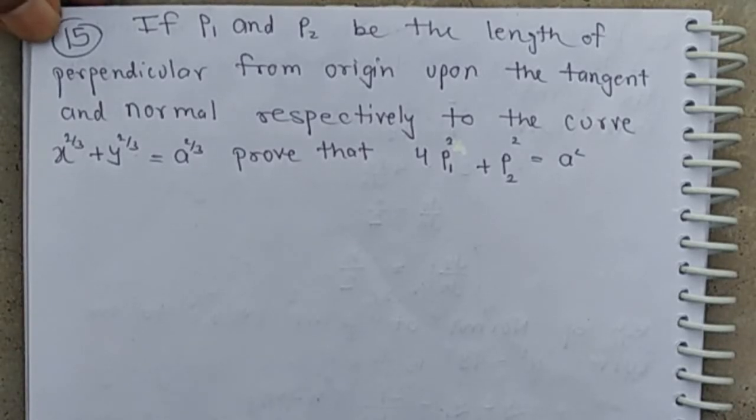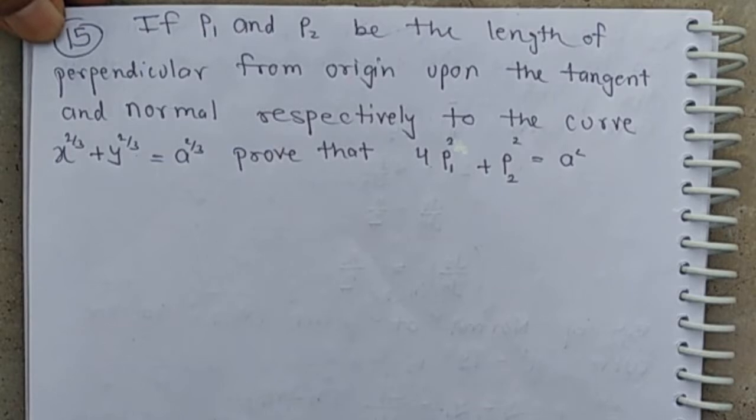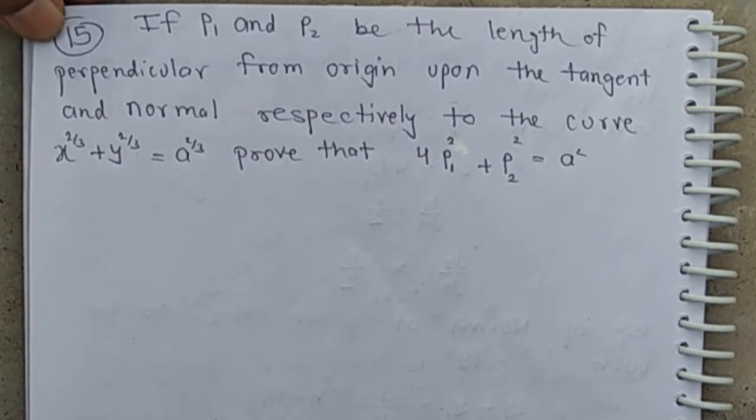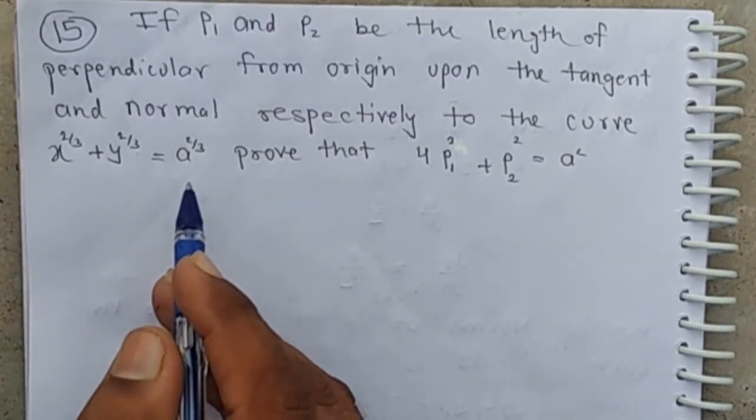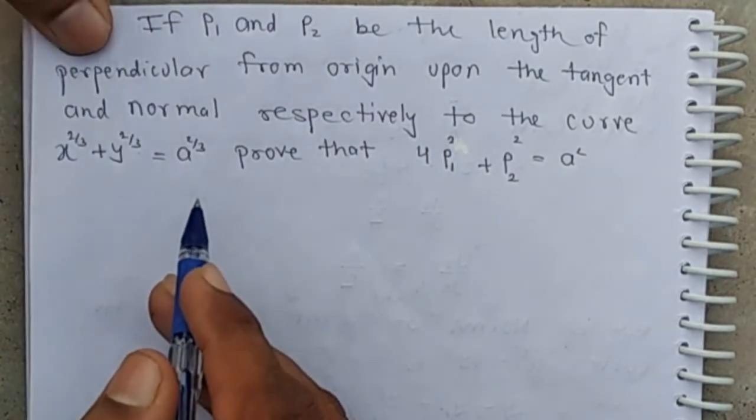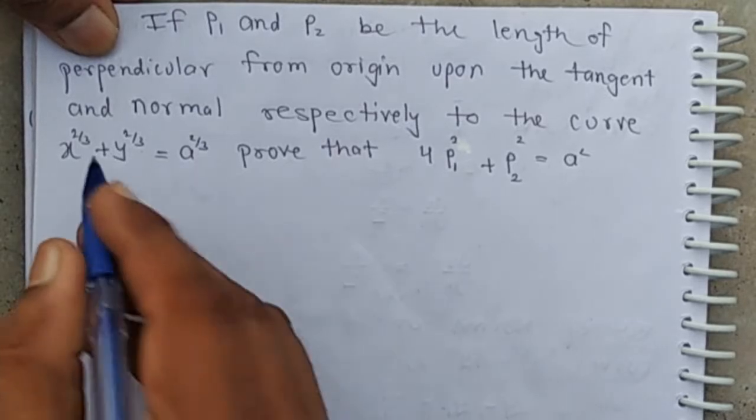Question number 15. If P1 and P2 be the length of perpendicular from origin upon the tangent and normal respectively to the curve x to the power 2/3 plus y to the power 2/3 equal a to the power 2/3, then prove that 4P1 square plus P2 square equal a square. Given curve,